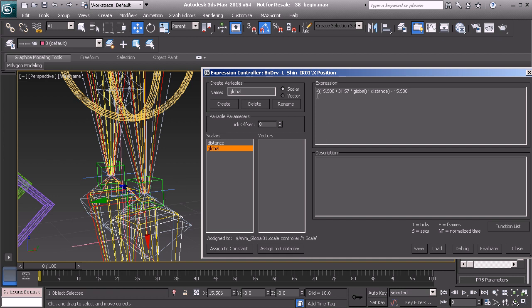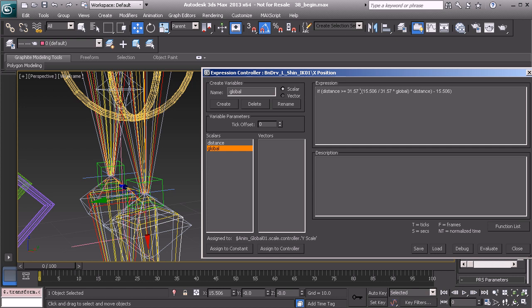We just want to make sure that this stretches the chain so we don't lose our knee bend. So here's what we'll do. Right before our parentheses, we'll type in as follows. That's going to be if, and we'll concatenate again. So let's go ahead and add another group of parentheses. And right after the first parentheses, that's going to be distance. And if that distance is greater than or equal to our max distance, which is 31.57, so let's go ahead and add that,